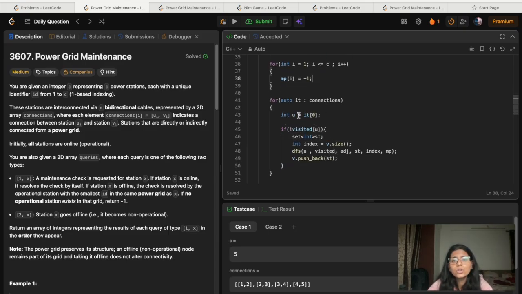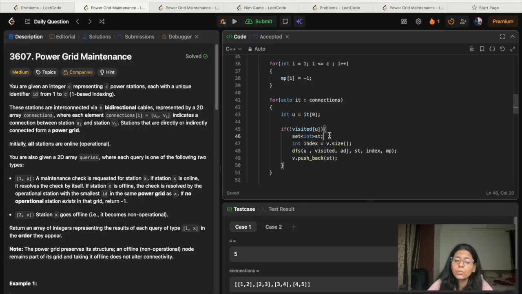Then we will go to the connections. We are going to take an edge from the connections. We'll take the source from that connection, that is it0, the source, and it1 will be the destination. If that source is not visited, then we will create a set for that source, and the nodes we are going to visit from that source we're going to store in one set.